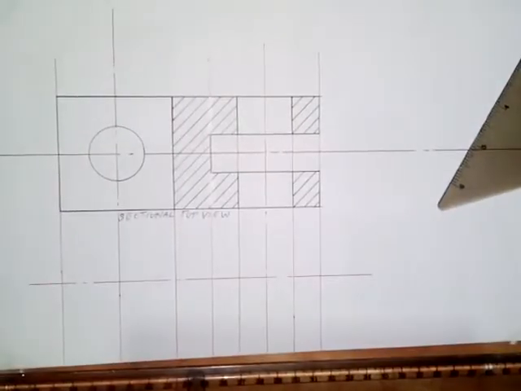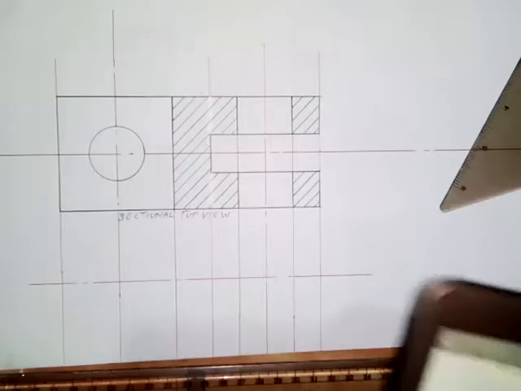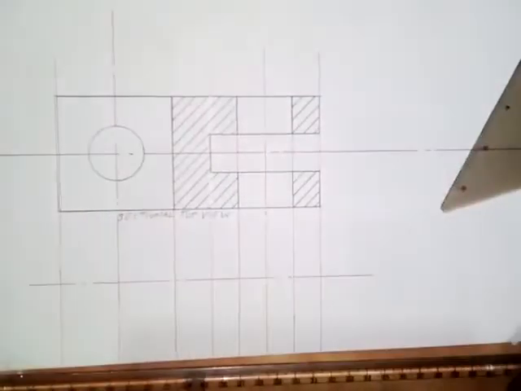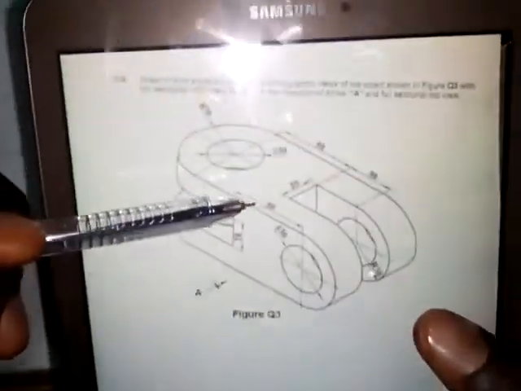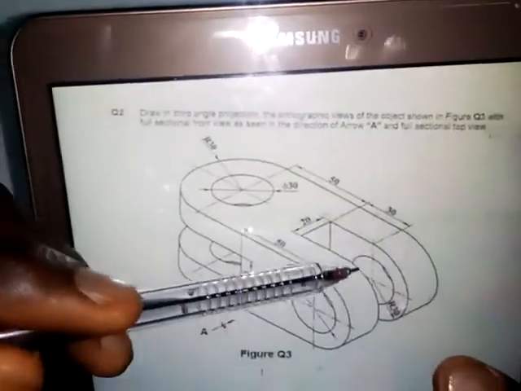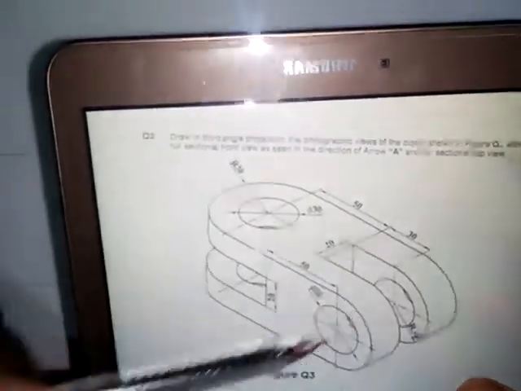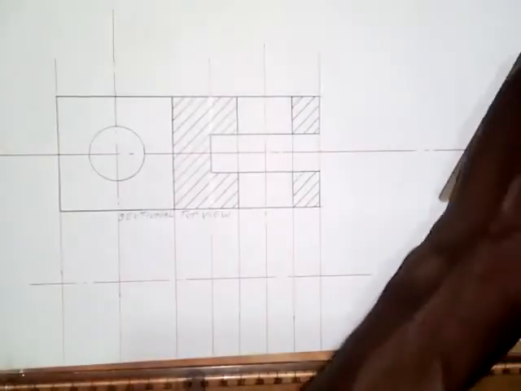Then I'm going to draw a circle. So this circle here, we are going to see this circle, but I will remove the front part. So I have to draw this circle now. So for the circle, the